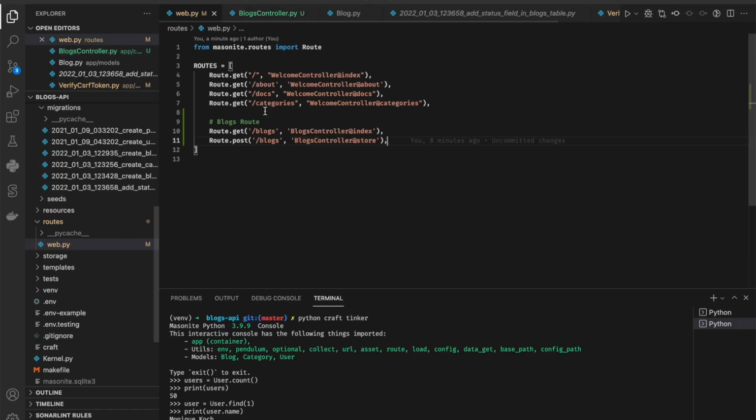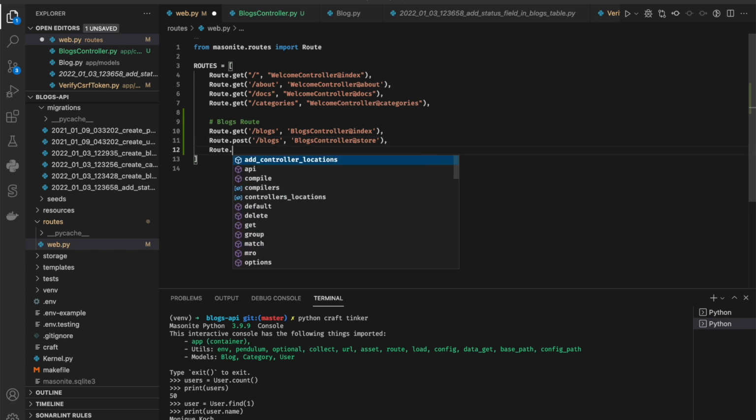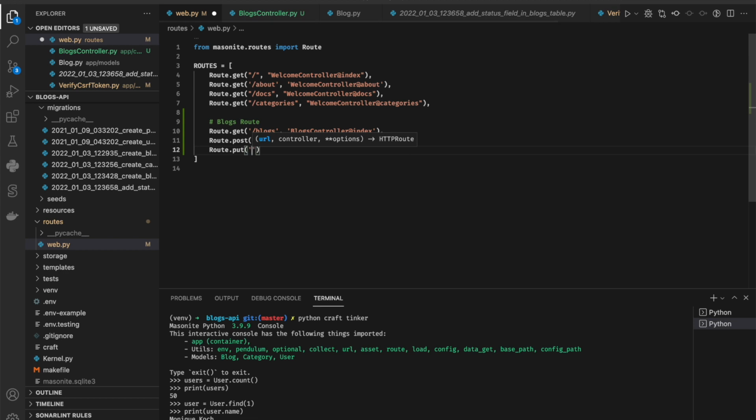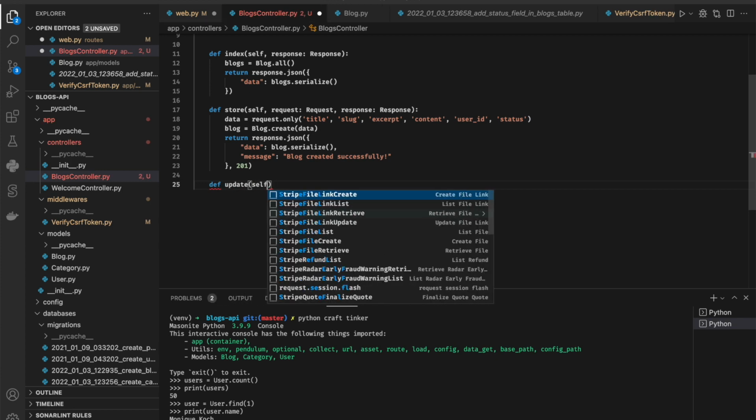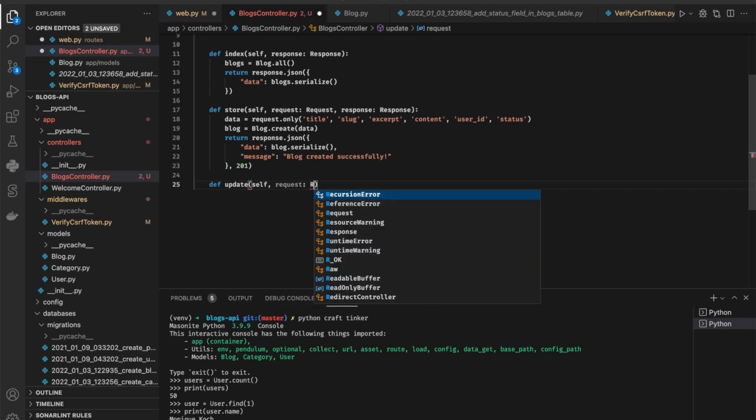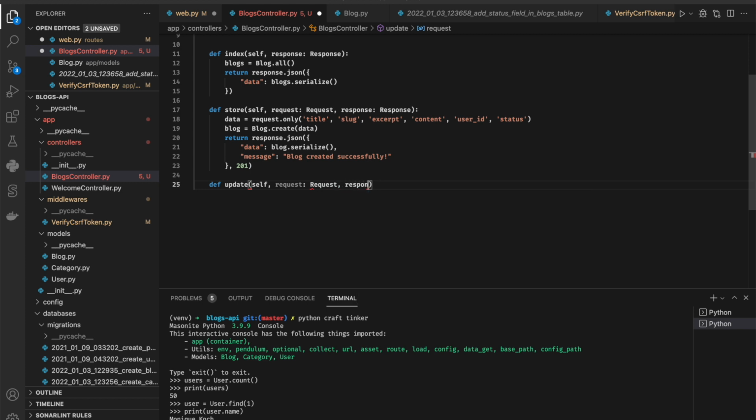Let's go back to our routes and create route.put, and then we have blocks and its ID. So we are going to get the parameter here, and we are using the update method in the block controller. So let's go to the block controller and def update self. We need request and also response,